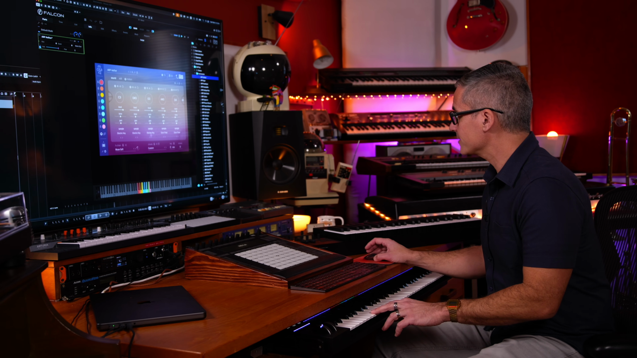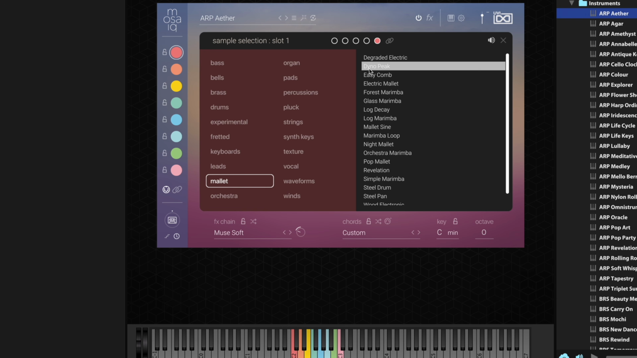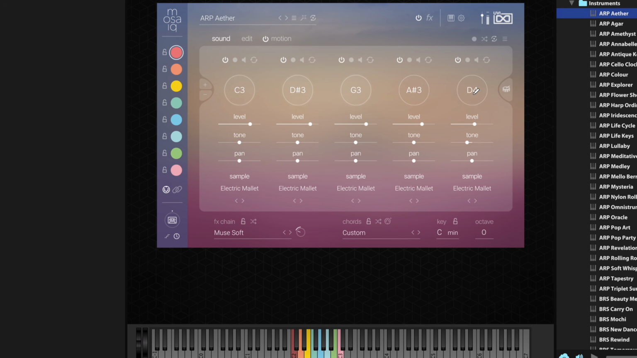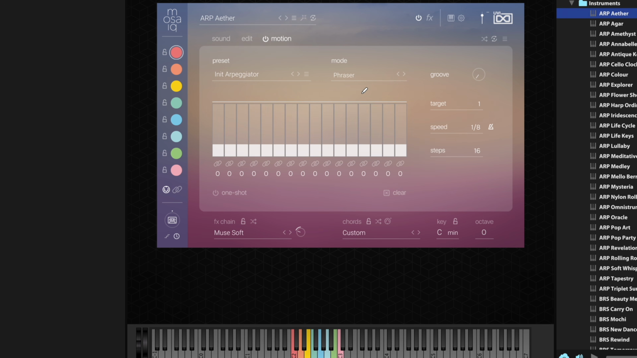And then let's see what happens. Right now we've got all different samples here. What happens if we go to the sample itself, turn this little link on, and choose that guy right there? Okay. Do you see what happened there? Now I've got electric mallet samples loaded for all 5 notes in this little sequence. So this is the note sequencer. If we were to change that to a phraser,